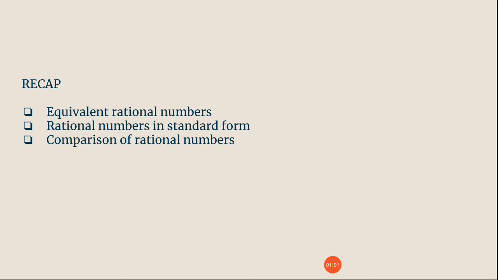Next, comparison of rational numbers. For comparing two positive rational numbers, we will make the denominators same and then compare the numerators and write the answer. And in the case of negative rational numbers, what will we do? The same process will be followed, but the only thing different is the number bigger here has the lowest value. For example, minus 4 and minus 5, which one has the lowest value here? Minus 5 has the lowest value and minus 4 has higher value than minus 5. Are you getting my point?